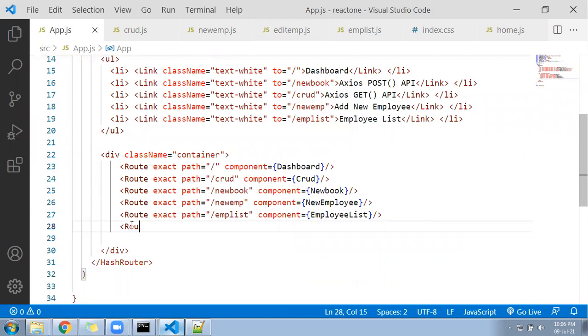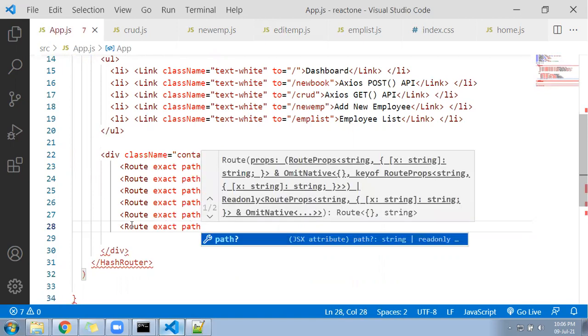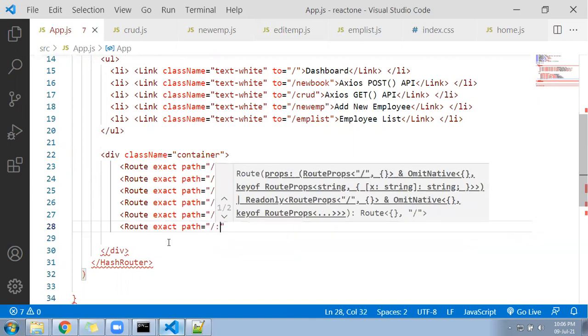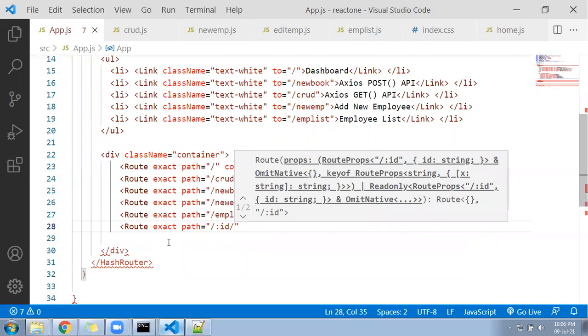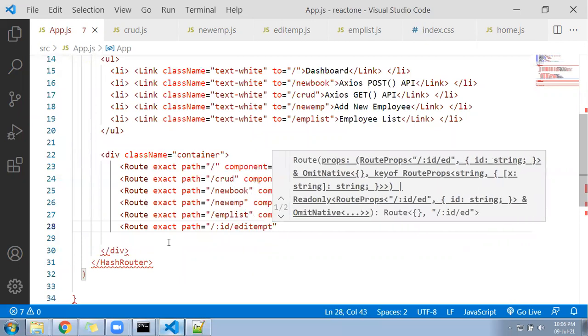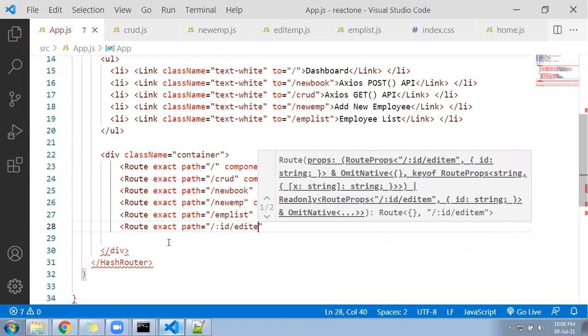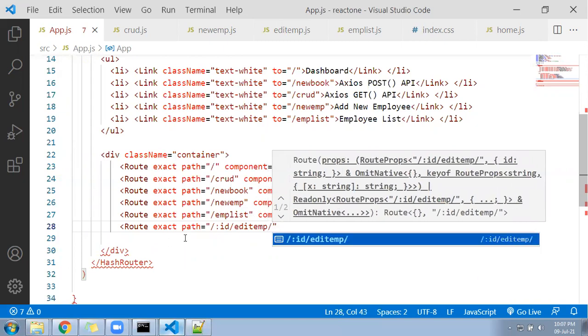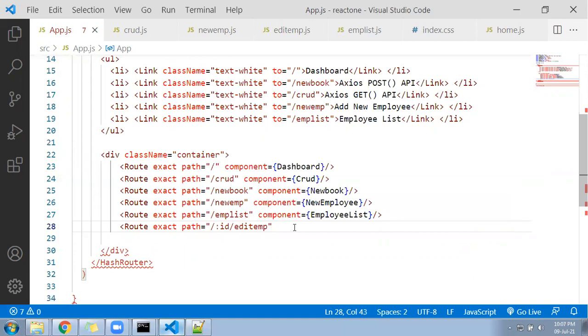For that, Route with path equal to slash :id slash editemp. A slash is not required after that. Next you will write element, which component should load, that is the EditEmployee component. The EditEmployee component should load here.